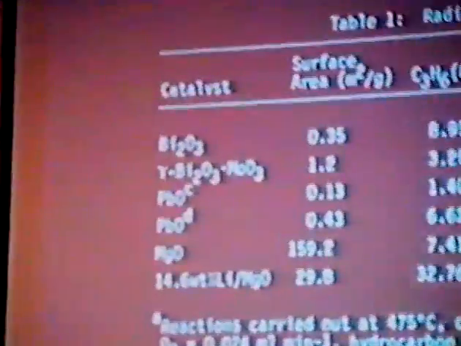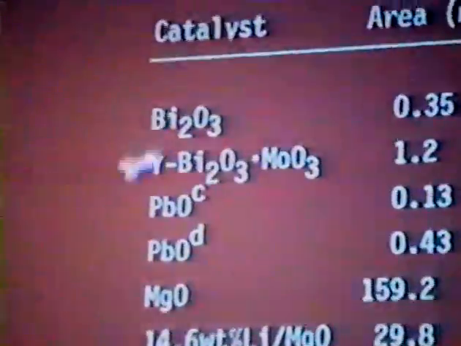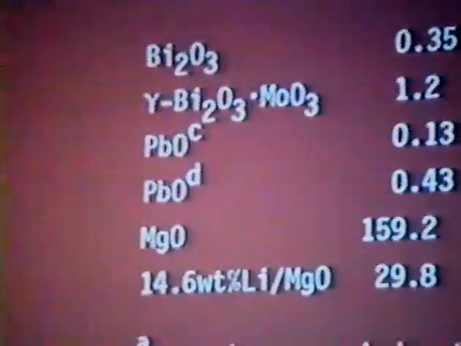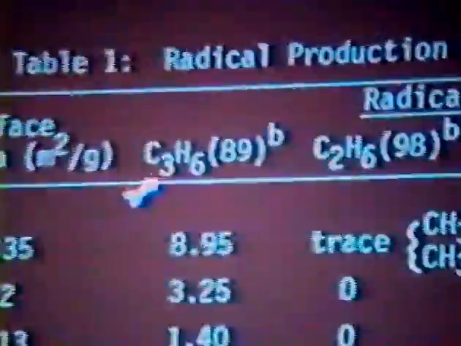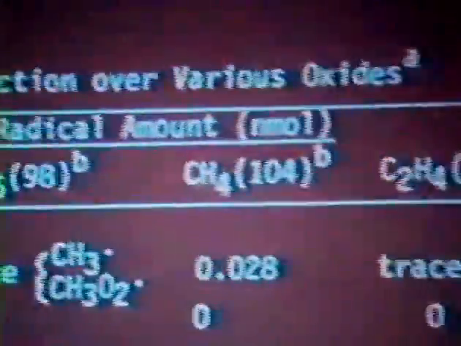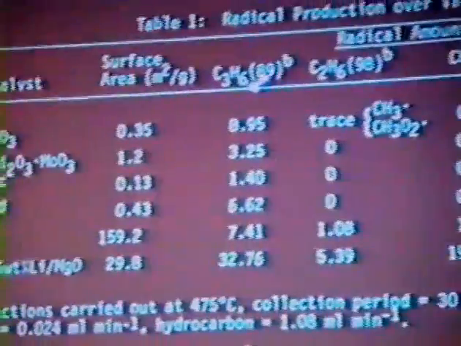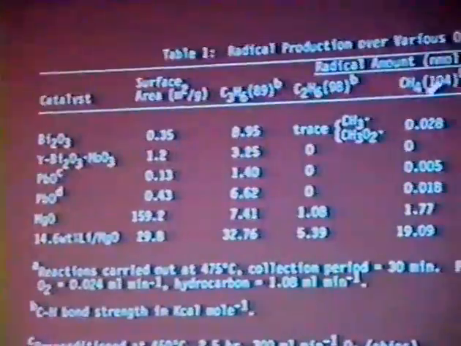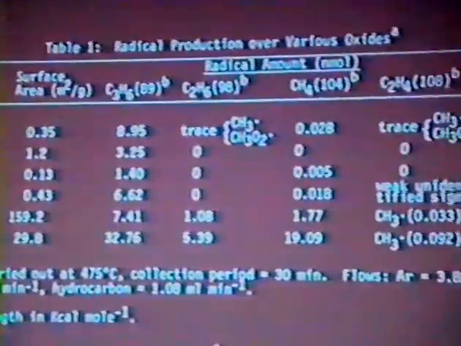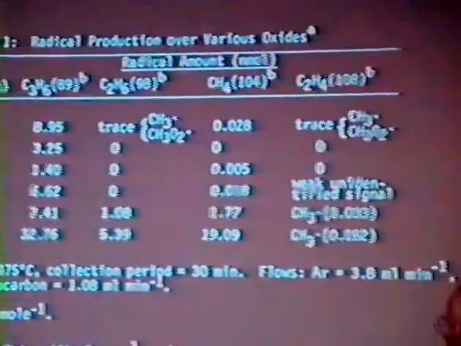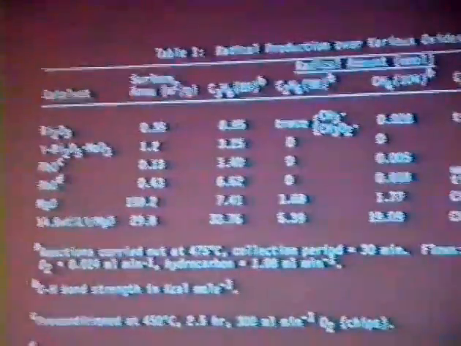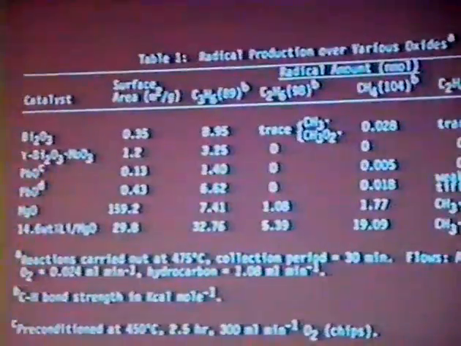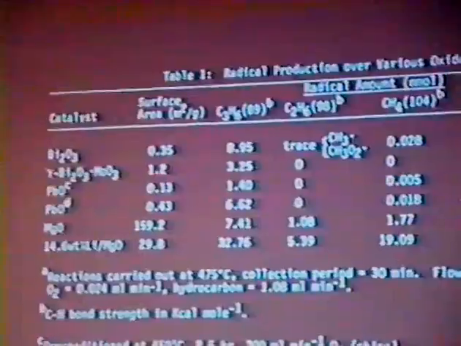And so we examined a series of metal oxides and a series of simple organics all the way from propylene to ethylene. And these particular molecules, you'll note, have different CH bond strengths for the weakest CH bond in the molecule. And one of the things we were interested in seeing is whether the CH bond strength affected the ability to generate the gas phase radicals.